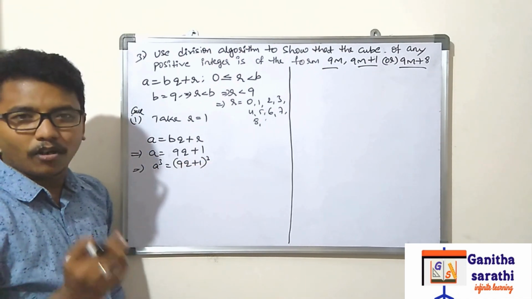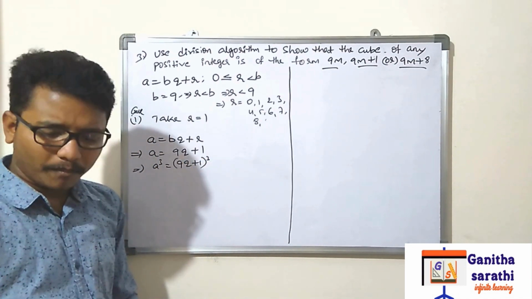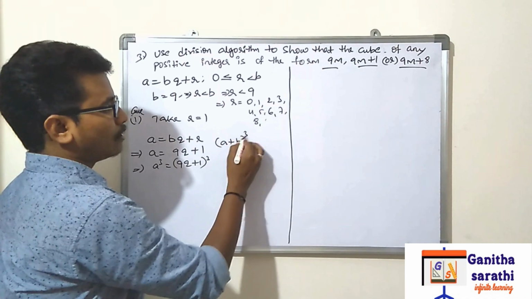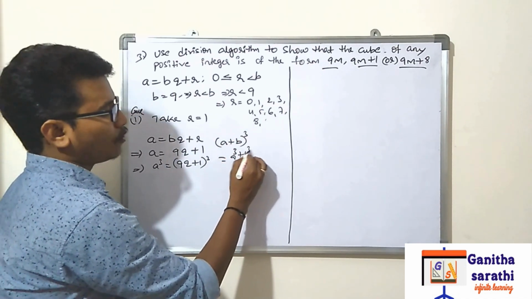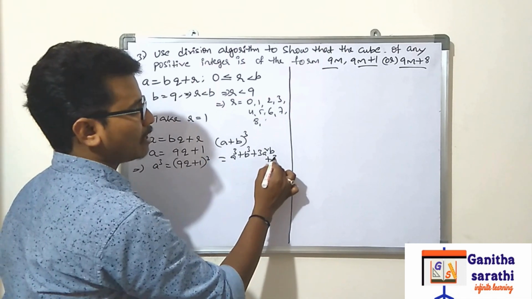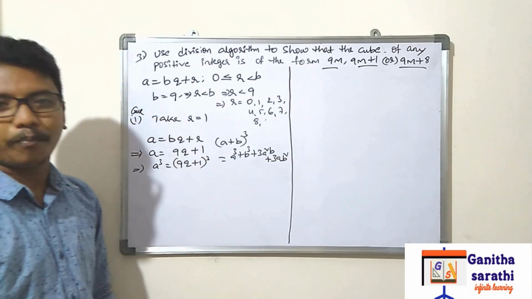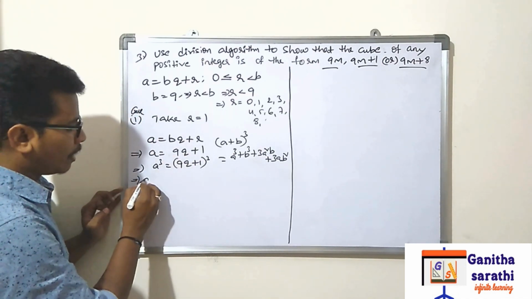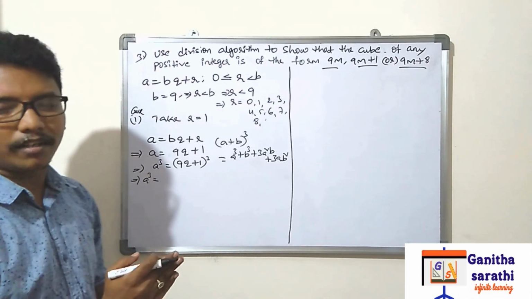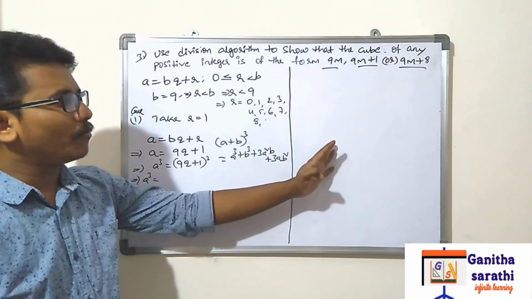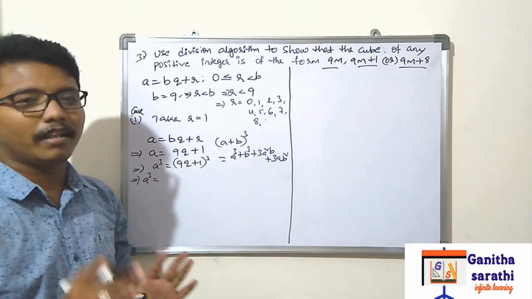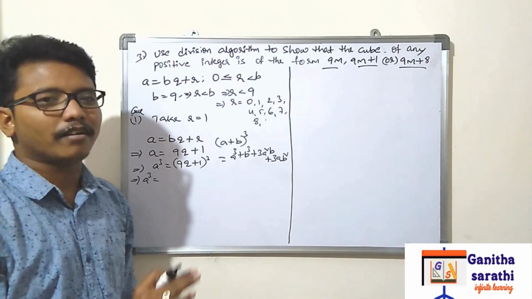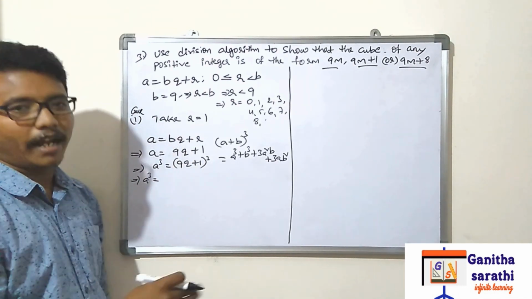See here, we know the (a plus b) whole cube formula. We all remember (a plus b) whole square, it is very simple, right? (a plus b) whole cube should also be remembered: a cube plus b cube plus 3a square b plus 3ab square. Remember the formula. If you follow the traditional method, then only you can solve any kind of problem, because the exam will definitely not give the textbook numbers. So follow the traditional method, it will be simple and easy also.